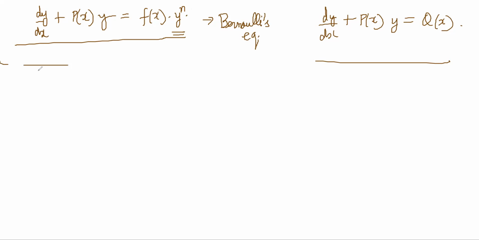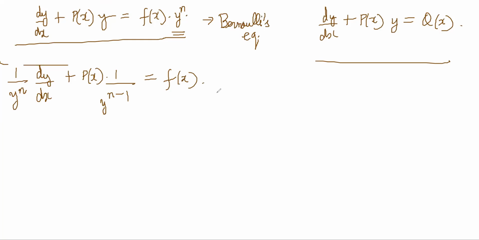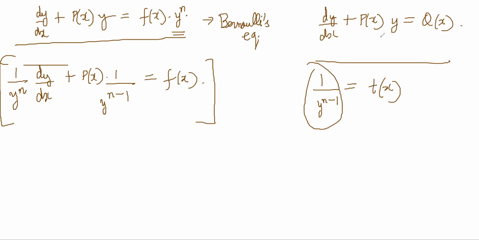You divide by y^n. So dy/dx, this becomes (1/y^n) dy/dx + p(x) (1/y^(n-1)) = f(x), correct? And now you think of the substitution. Let's take 1/y^(n-1) as my t(x), right? Like generally, y is a function of x, no? So now we are taking this as our function of x